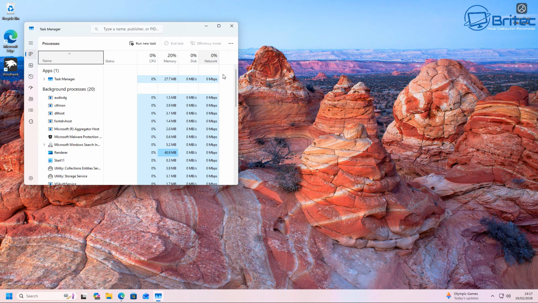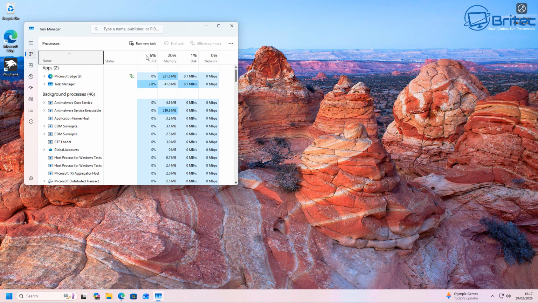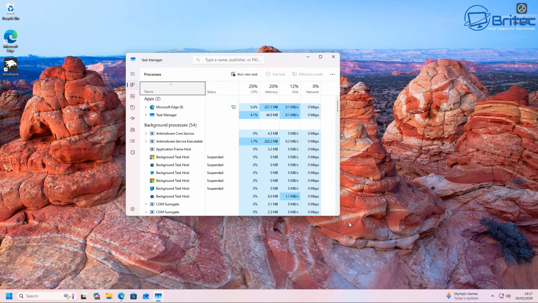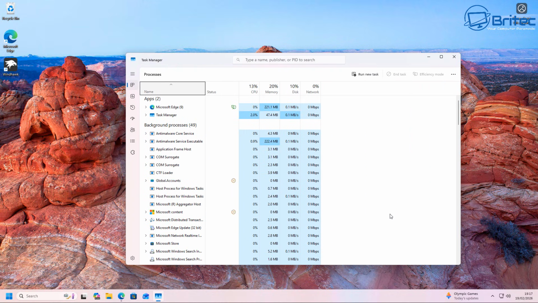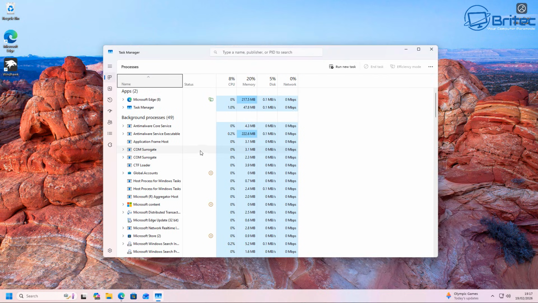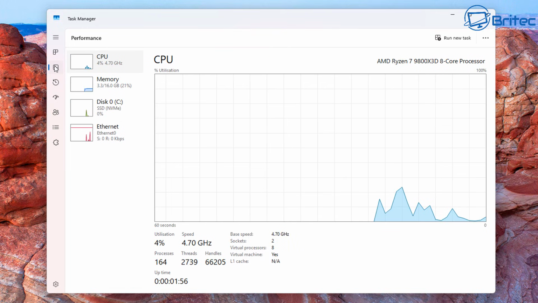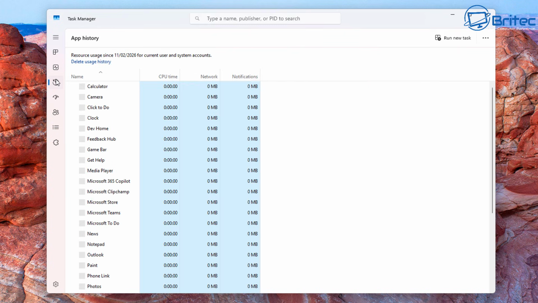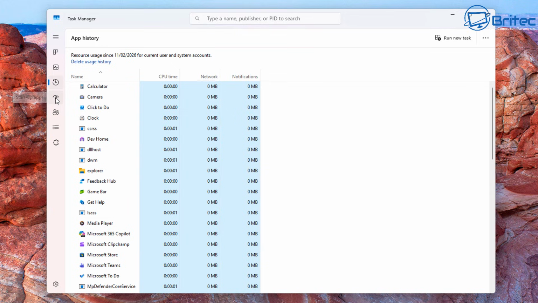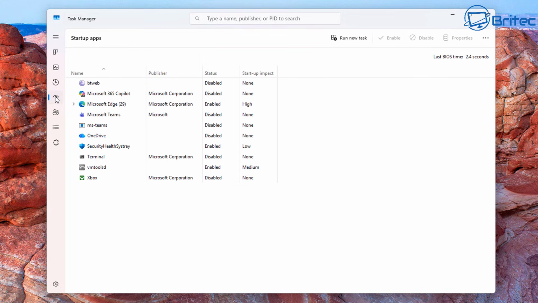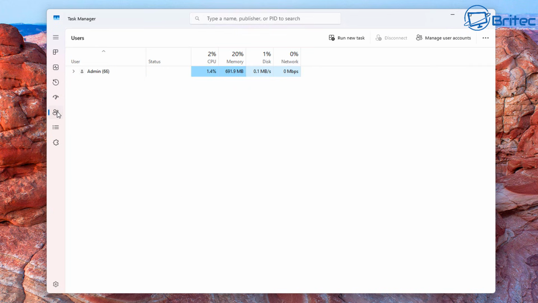Now, the original Task Manager that's inside Windows has never been that great, if I'm honest. Yes, it gives you a display of the applications, background processes, services and startup apps. And yes, it is pretty functional. It will do pretty much what you need it to do, i.e. end a task and things like that, and view the CPU, memory, disk and Ethernet connections or Wi-Fi connections on your computer. You can look at app history and all that sort of stuff, but it's not as good as